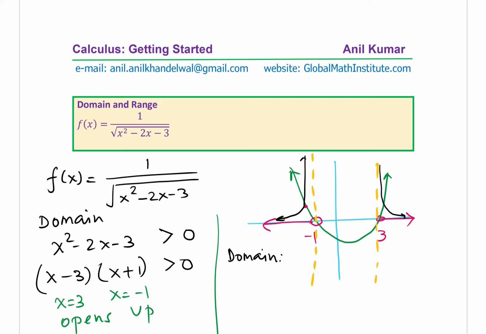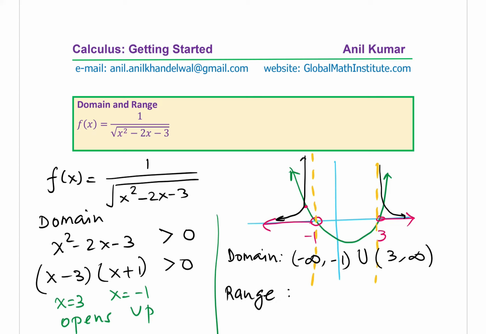So from here we have the domain, which is on the left side of minus 1. So minus infinity to minus 1 union, then we have on the right side of 3. Correct? And as far as the range is concerned,